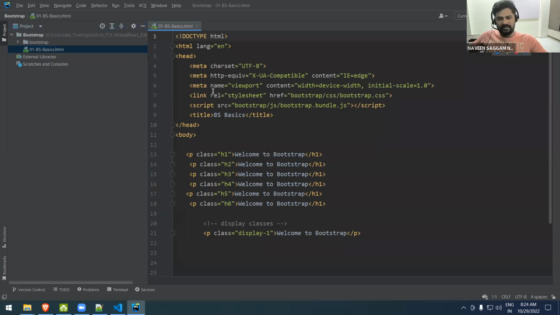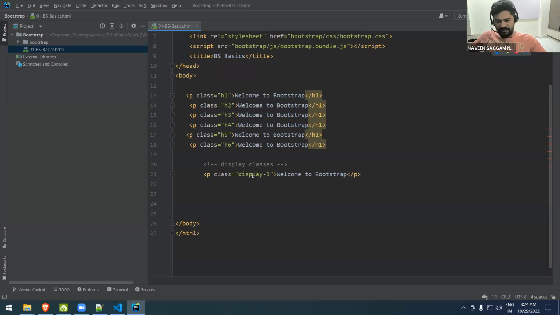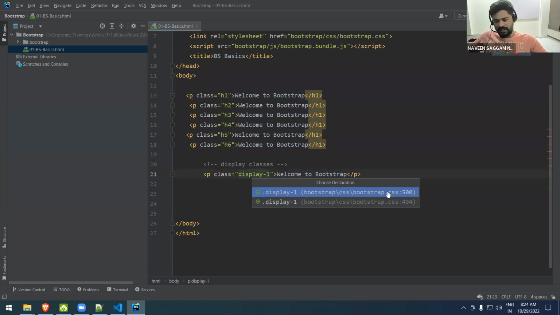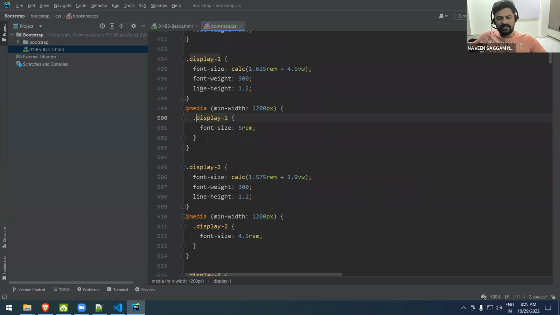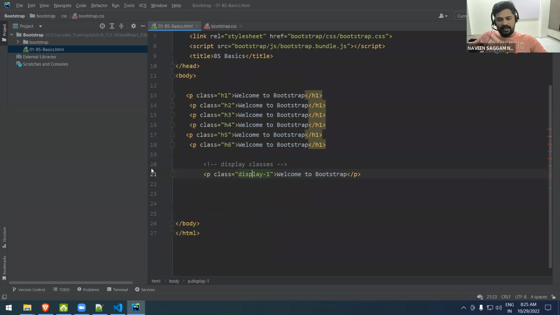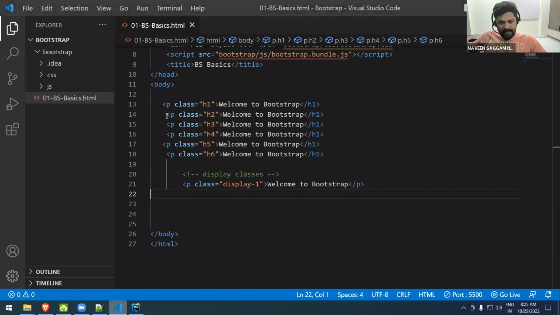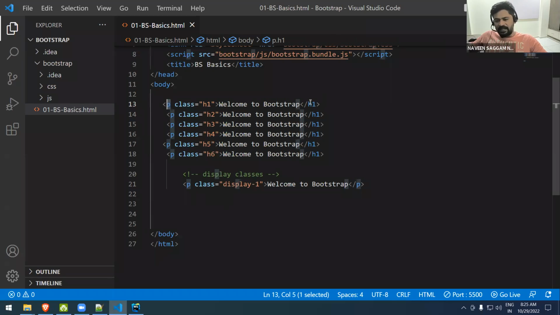See here in WebStorm, I press control and click on display, it shows which bootstrap.css has the declaration. You can easily look at the font size. And one more thing, here I changed to P, but the ending tag was not changed to P. You have to change all these manually,